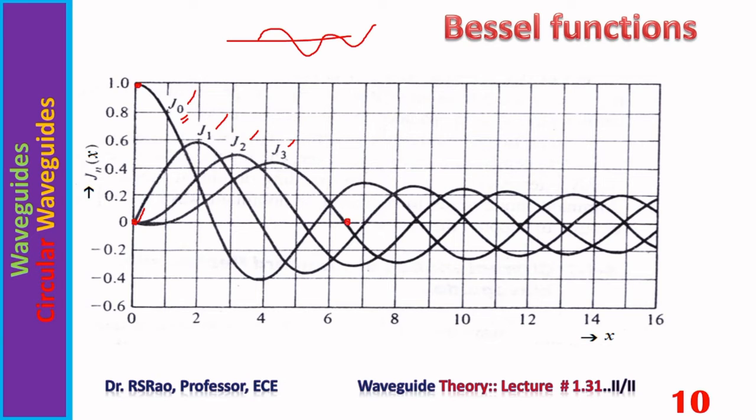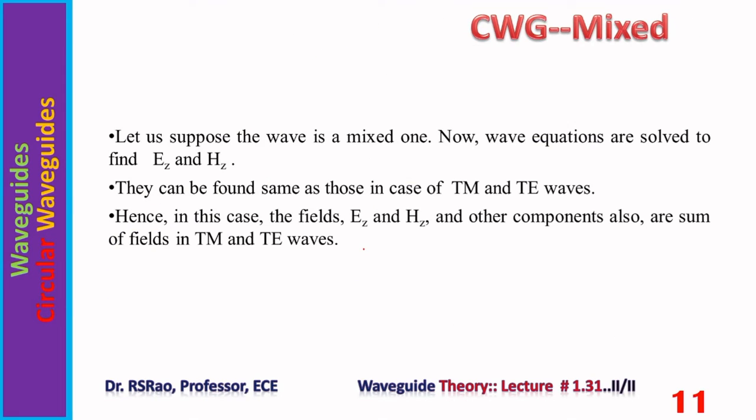It is becoming 0 again at 3, and again at 8.9. Again it is becoming. So these are all roots of Bessel equations. Now mixed: if it is given that the wave in the waveguide is a mixed one, then it possesses both